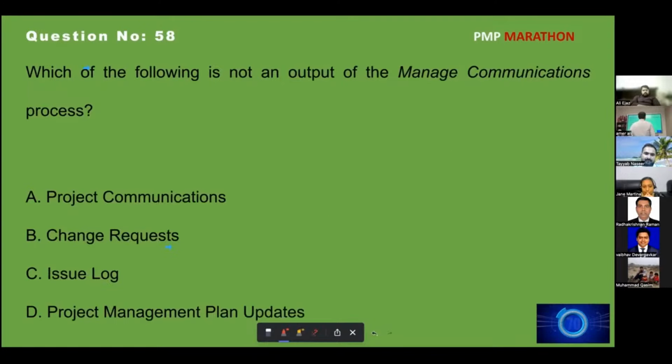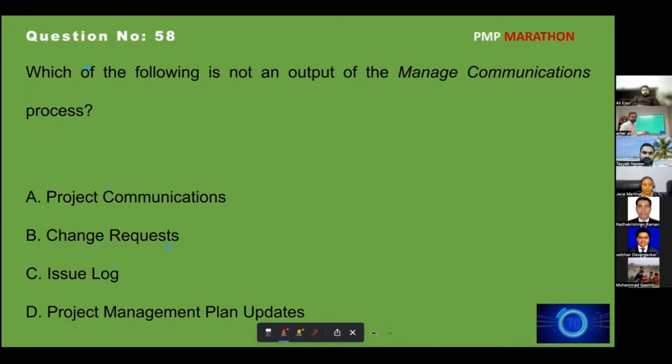Okay, which of the following is not the output of management? Martina, this should not be the question. Input, output does not come in the exam. Mark this thing. We need to also communicate to us next time. Like that, input-output questions come. I know they are coming many times, but I will remove it. So, which is not an output of that